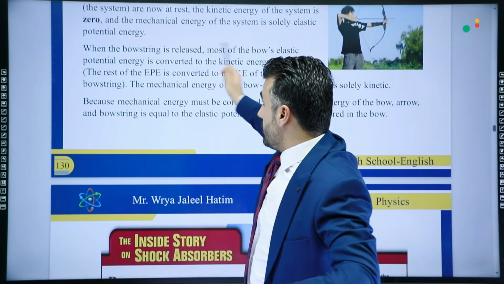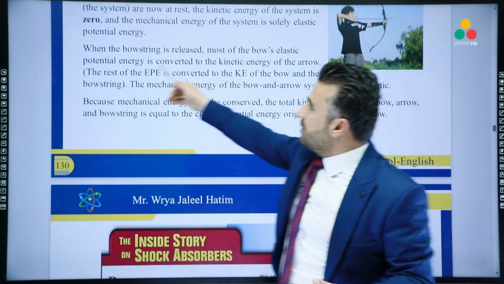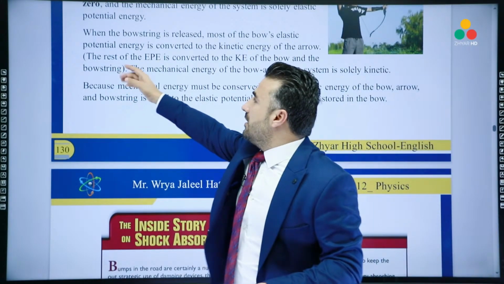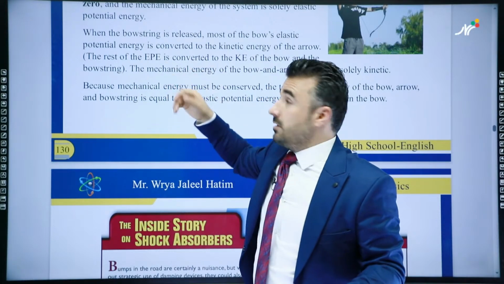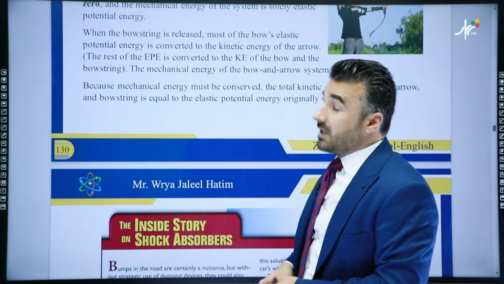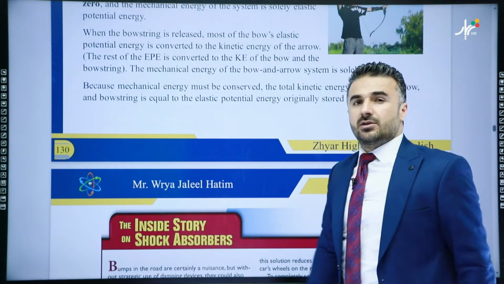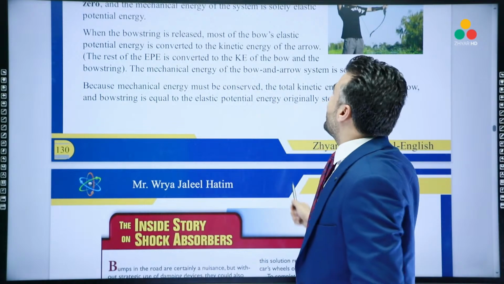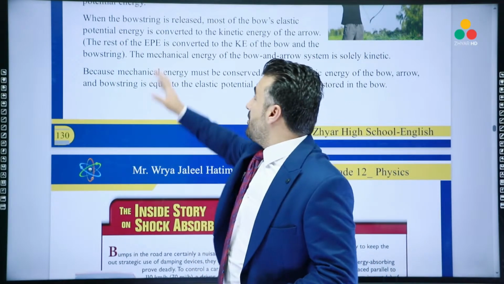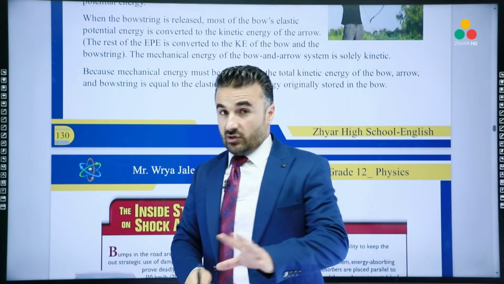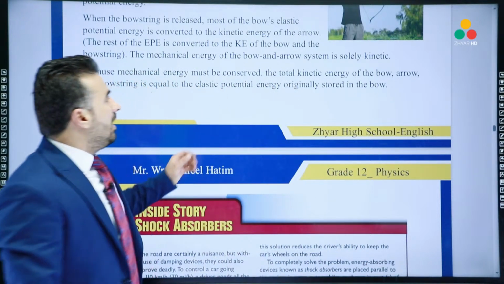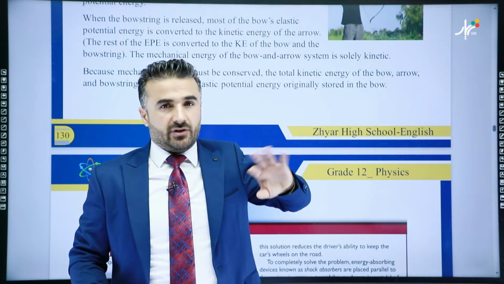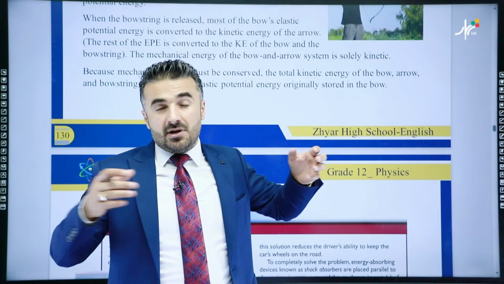Of course, when the string is released, most of this bow's elastic potential energy is converted into kinetic energy of the arrow, and the rest of the elastic potential energy is converted to kinetic energy of the bow and the bowstring. The mechanical energy of the system is always conserved. Don't forget this. Okay, it's solely so, if we assume there's no friction or air resistance, and once the bow